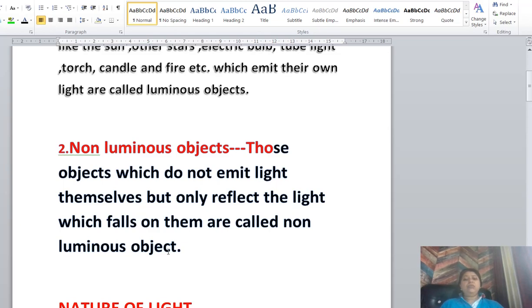So now, how can we see non-luminous objects? By example I will explain. Suppose this is a chalk. तो ये chalk को हम कैसे देख सकते हैं? तो you know they get light from the sunlight or tube light. ट्यूब लाइट या सन की वजह से यहाँ पे इस चौक पे लाइट आती है, ठीक है, और this light is reflected by the chalk to us. Some parts of the light are reflected by the chalk, and these reflected parts enter our eyes, ये हमारी आंखों को पहुंचता है, then we are able to